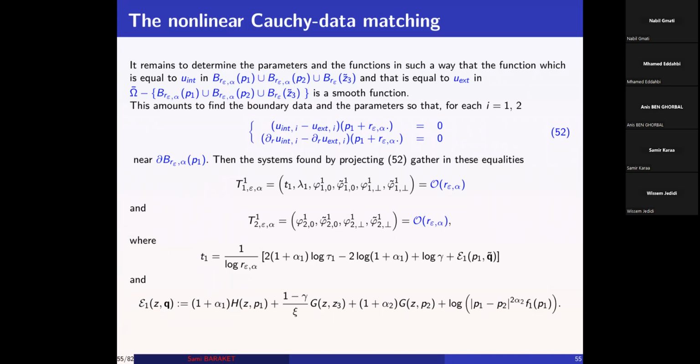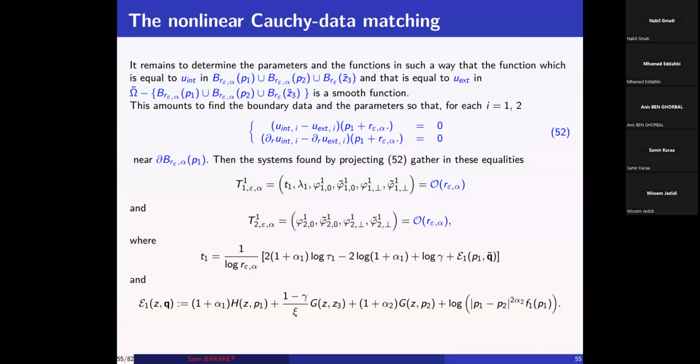So on the boundary of each ball, I will solve the equation U interior I minus U exterior I on the boundary of each ball equal to 0, and the normal derivative of U interior I minus U exterior I equal to 0. But if you recall the interior harmonic extension and the exterior harmonic extension, the data on the boundary is arbitrary. So we will fix this data in order that the system